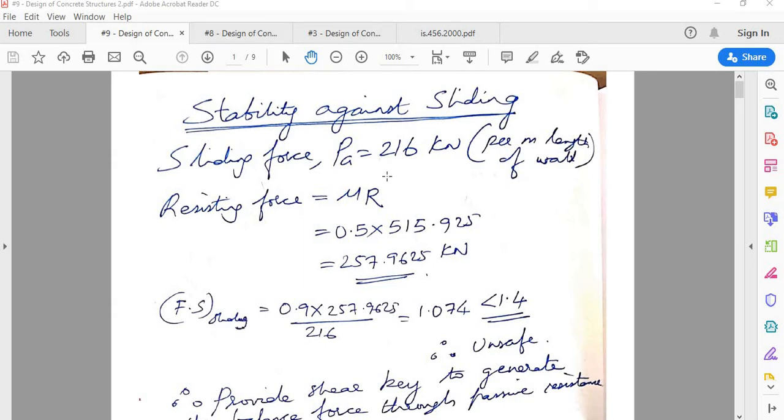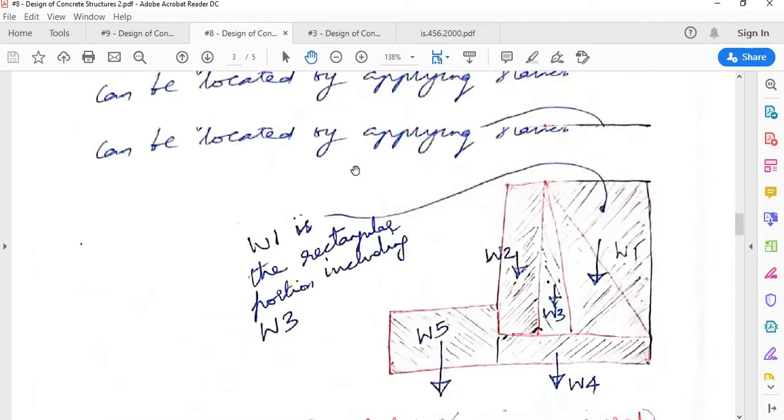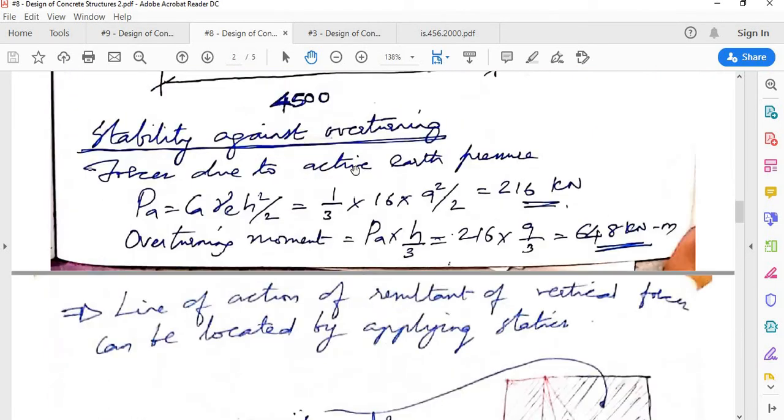So sliding check, it is exactly similar to what you did in the previous problem. Here the difference is the PA component will not have any surcharge part, okay, because in this particular problem, unlike the last problem, we don't have any surcharge. So sliding force you already calculated when you had actually checked for overturning. So actually I also have the previous handwritten note open so that I can reference it back. So this PA we had calculated in the last lecture,